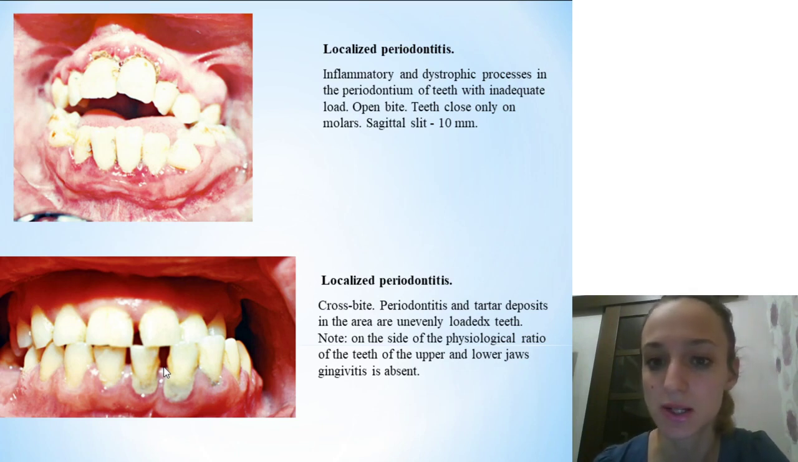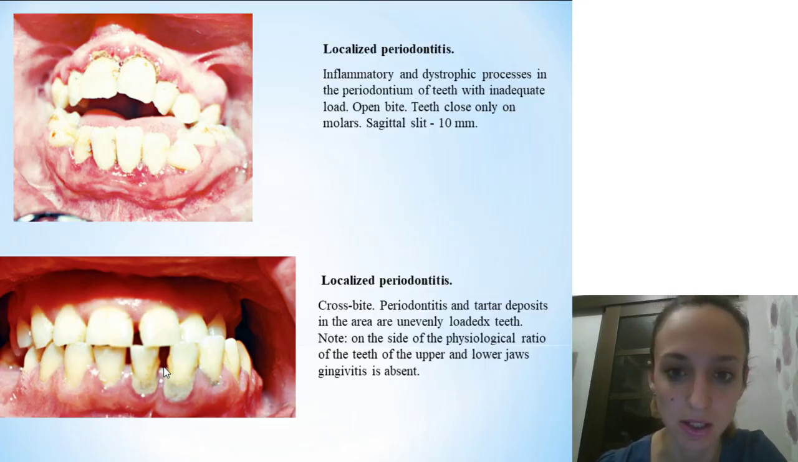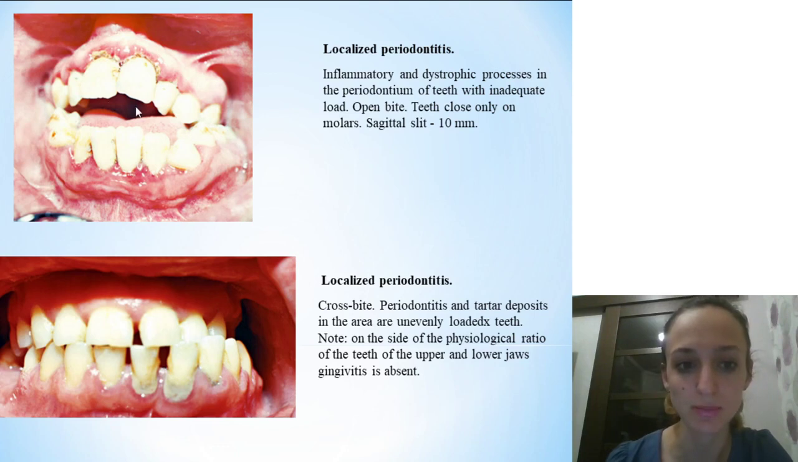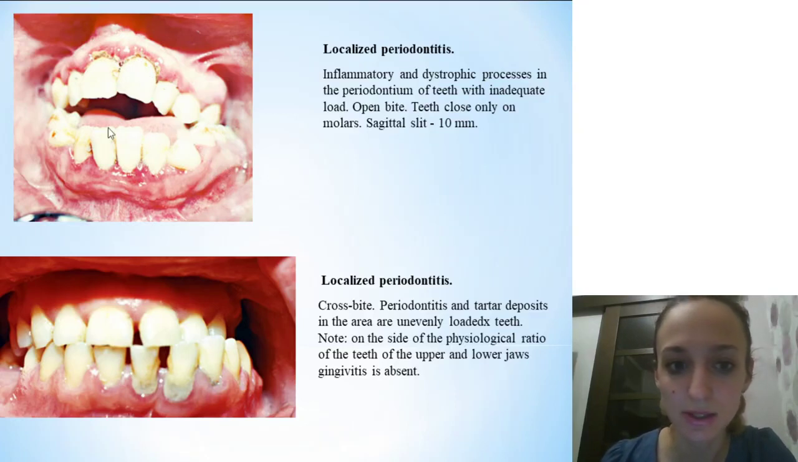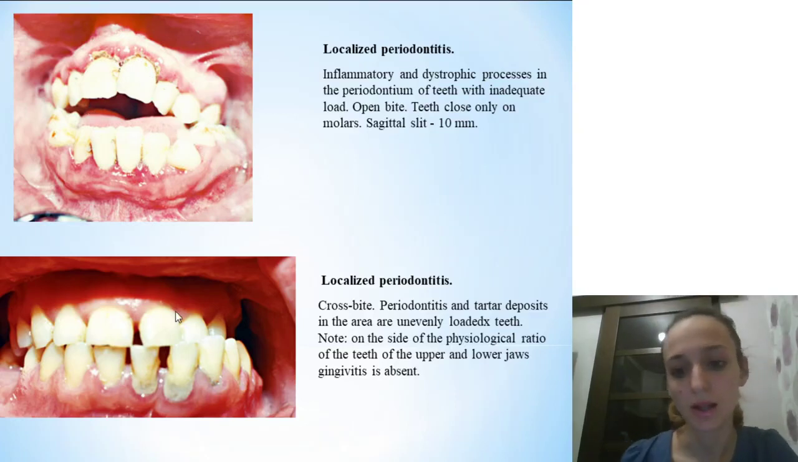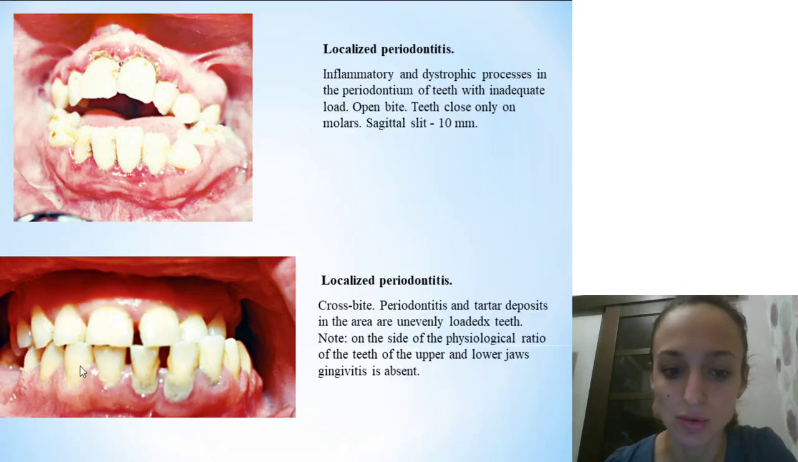Localized periodontitis is an inflammatory and dystrophic process in the periodontium of teeth with inadequate load, open bite, you can see, orthodontic pathology, and teeth close only on molars. So sagittal slit, here it is 10 millimeters. Localized periodontitis, crossbite, look please here. Also orthodontic pathology,